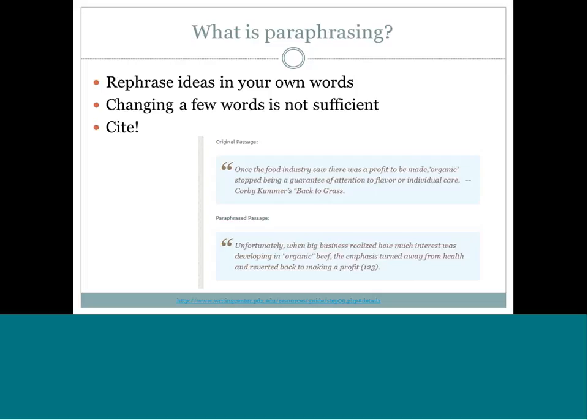Now paraphrasing is something that often confuses students because they think that if they've rephrased the ideas in their own words, then all of a sudden it's their own ideas, but it's not. So this is an example of good paraphrasing from,